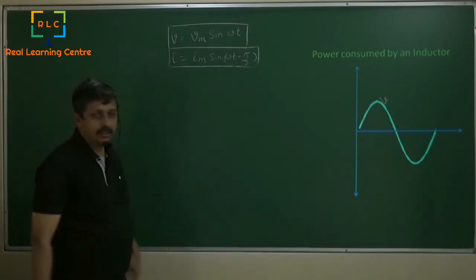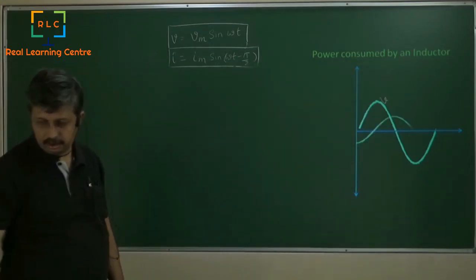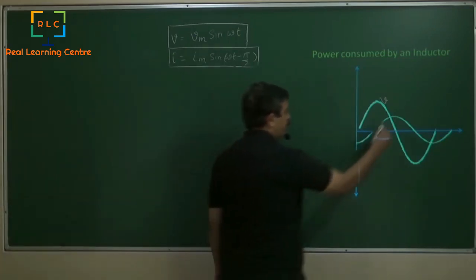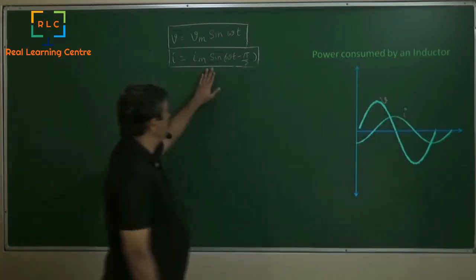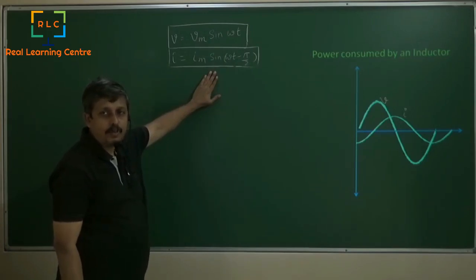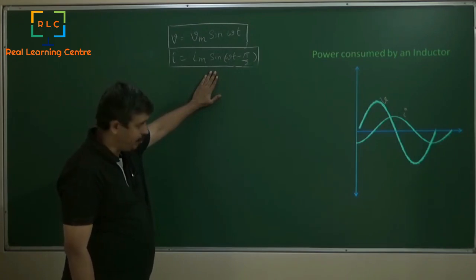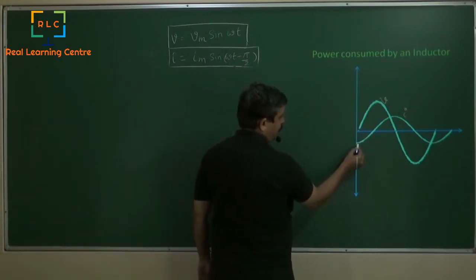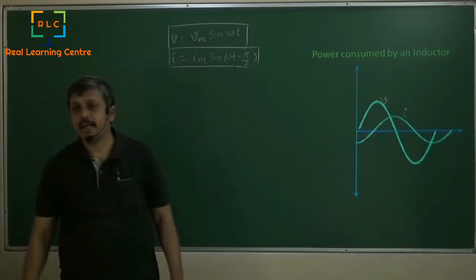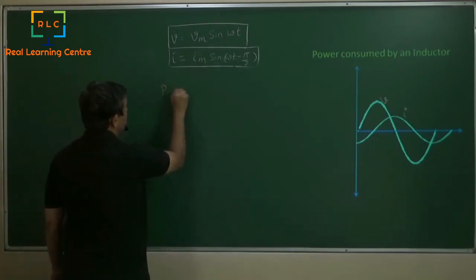And we'll also write I. We saw that I is actually lagging. This is our I, which is Im sin(omega t minus pi by 2). Okay, these two are there. Now what we are going to do is multiply these two. At every point you can take and multiply and draw it, or you can do it mathematically also. So we will say power is equal to V into I,